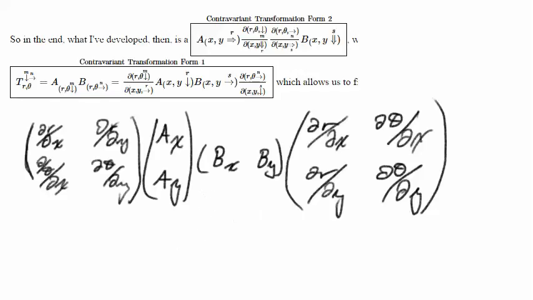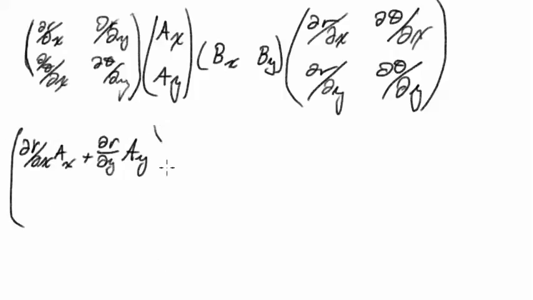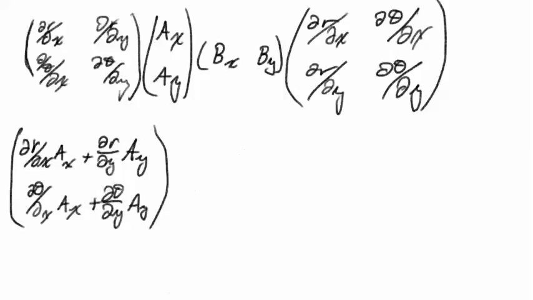This will be del r, del x, a sub x, plus del r, del y, a sub y on the top of the matrix, and then it'll be del theta, del x, a sub x, del theta, del y, a sub y on the bottom. And then the second one will be a 1 by 2 going